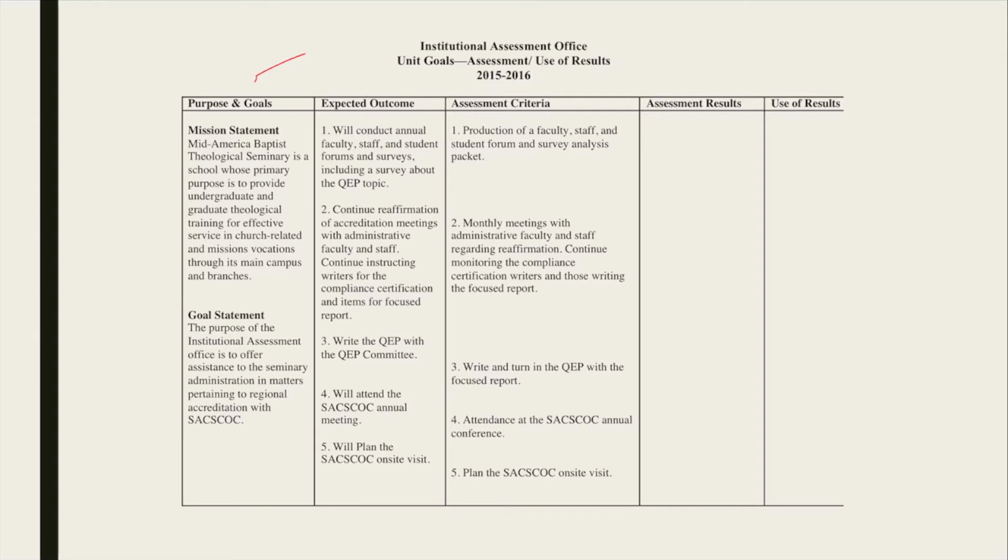You have to put the mission of Mid-America. Now, each department will have its own goal statement, what you plan to do to make this mission happen. What I did was go back to an old one, 2015-16, and I used the institutional assessment unit goal.